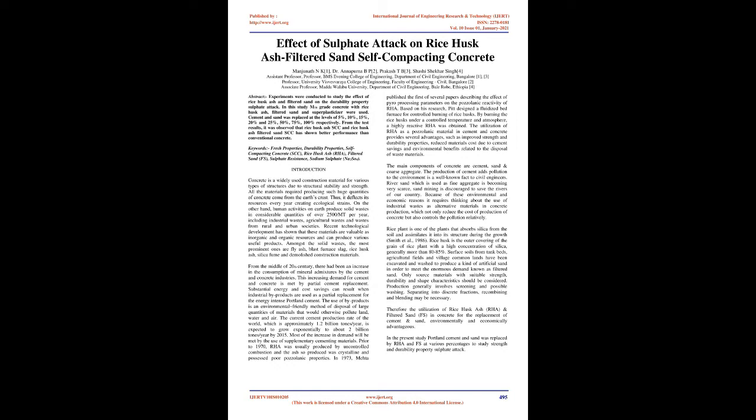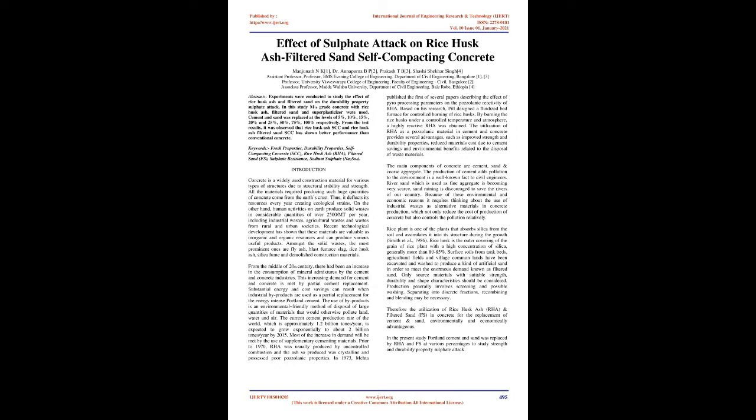Introduction. Concrete is a widely used construction material for various types of structures due to structural stability and strength. All the materials required to produce such huge quantities of concrete come from the Earth's crust. Thus, it depletes its resources every year, creating ecological strains. On the other hand, human activities on Earth produce solid wastes in considerable quantities of over